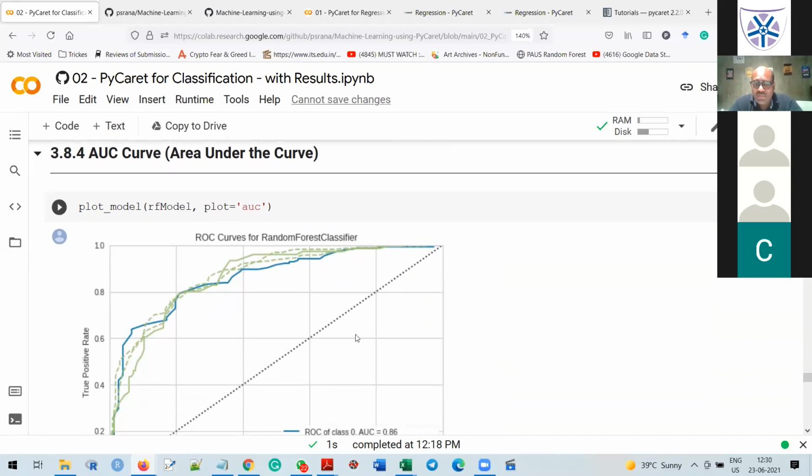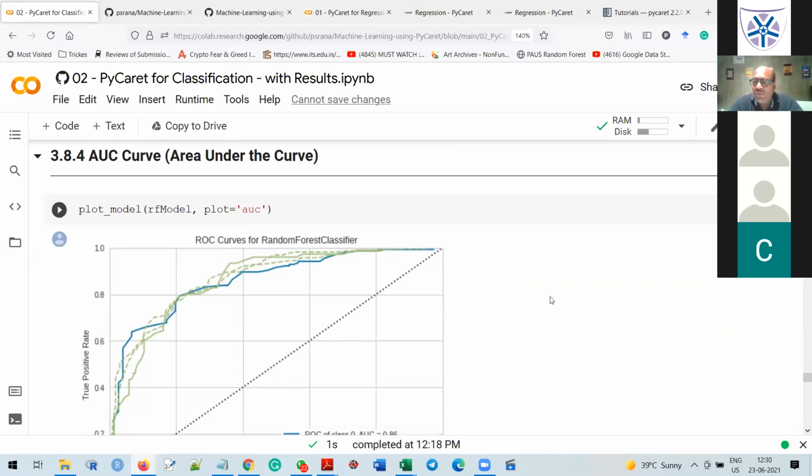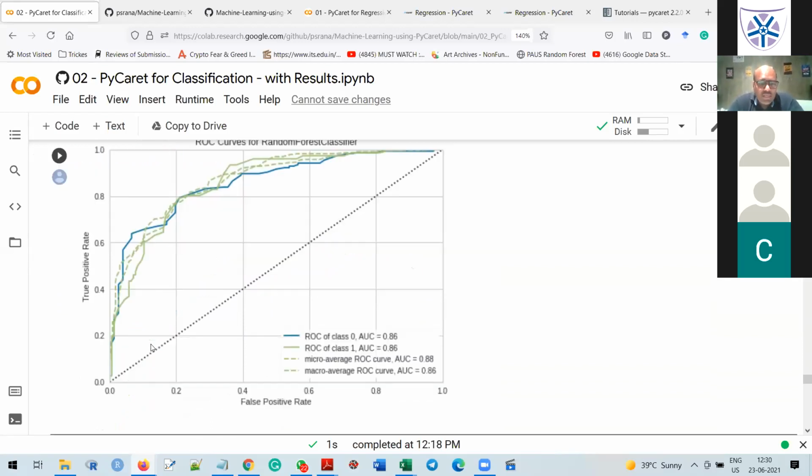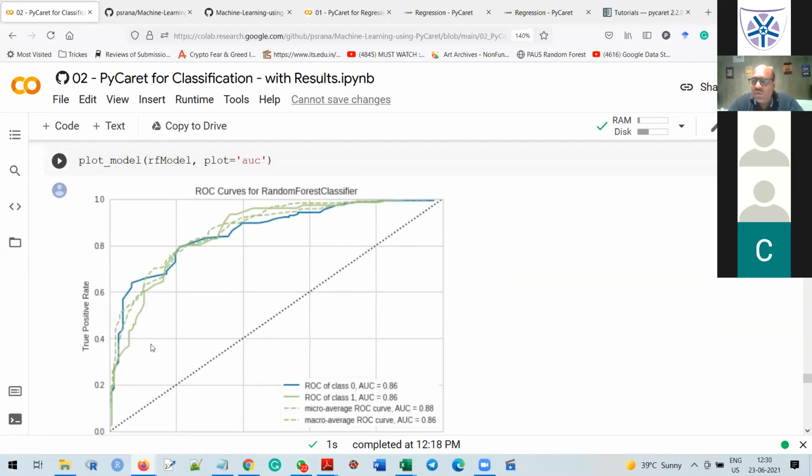Class, whenever we are dealing with binary classification, everyone is asking for the area under the curve. This shows, as the false positive rate and true positive rate increase, how my area under the curve is plotted. So we need to pass plot equal to AUC.